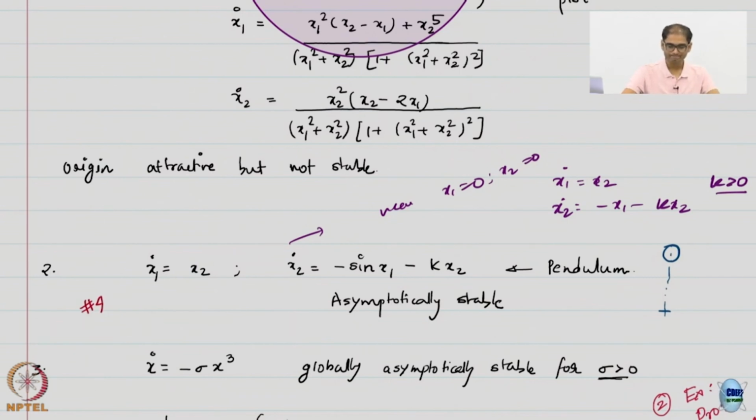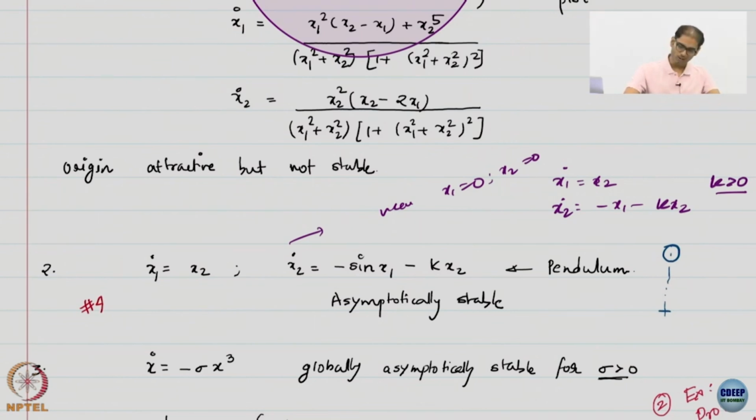This is in fact an asymptotically stable system, but it is definitely stable. Okay. So, this is one of the methods that I do not discuss in this course, but it is possible to obtain local properties of a nonlinear system by linearizing it and looking at the stability of the corresponding linear system. If the linearization is stable, then the nonlinear system is locally stable. If the linearization is asymptotically stable, the nonlinear system is locally asymptotically stable.